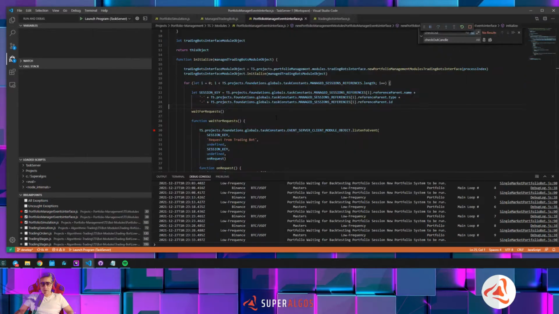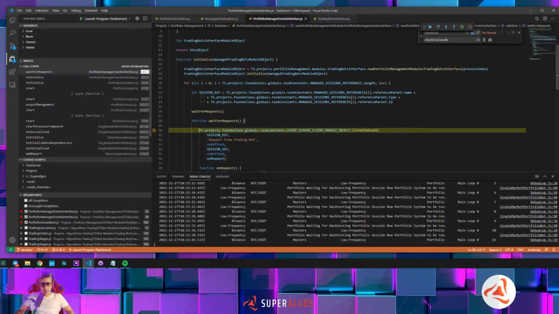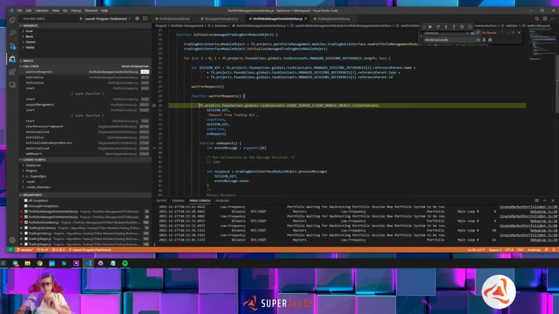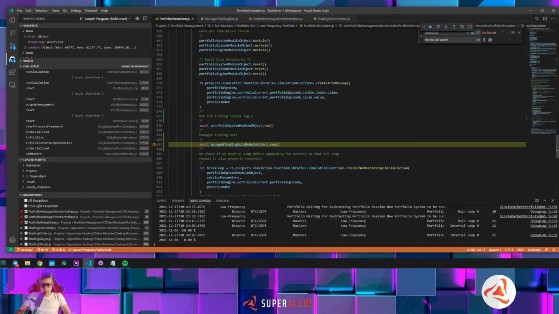Okay, this is a trading bot, this is portfolio. Now we can go here and run. So now we come here, and here we are. So this is going to be waiting for events. The portfolio of trading bots, okay? Then